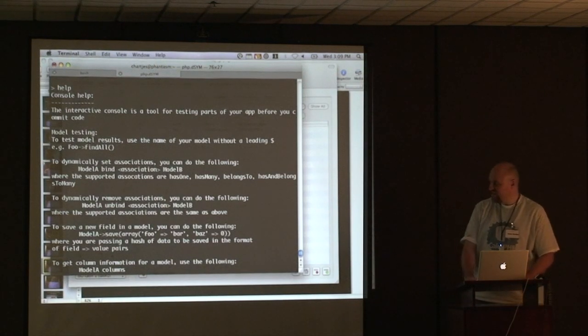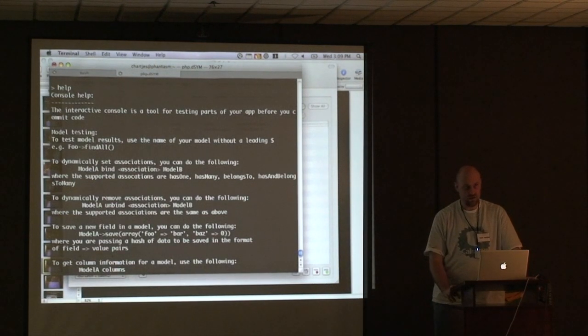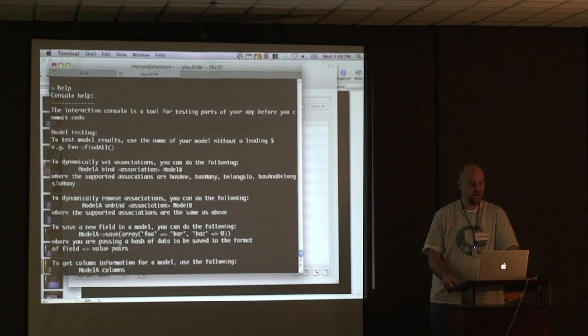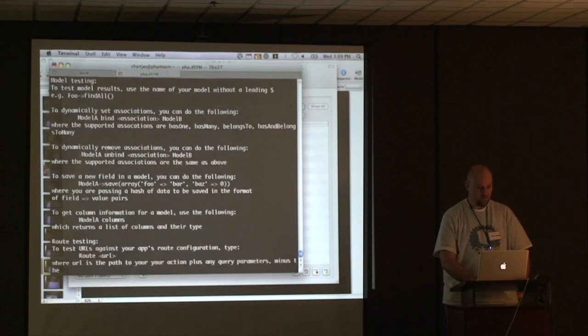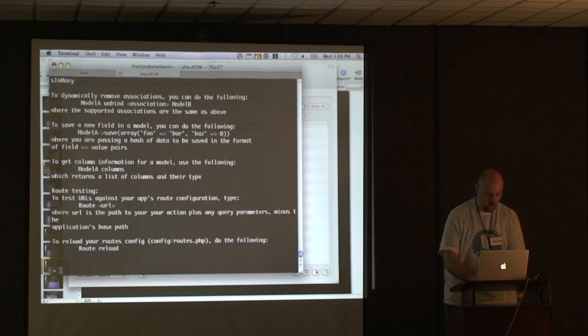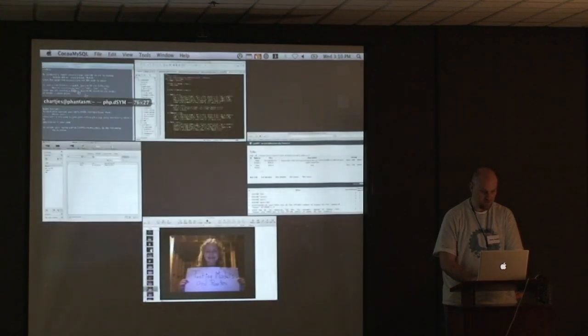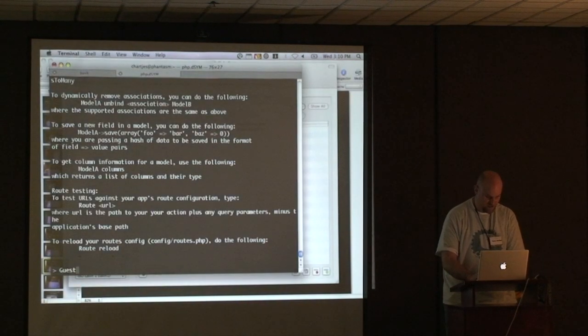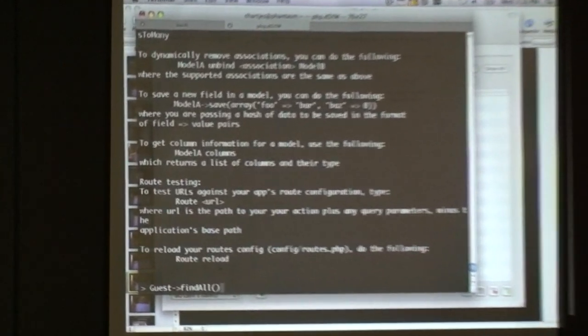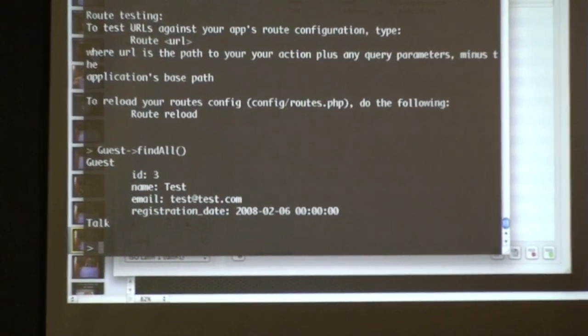So basically what I did is I created a task, and in that task I created a mini DSL where I limit people to a certain number of activities. The good thing is that you can pretty much use any of the methods available to a model to test things, by just using the model name without a leading $ sign and then the method. For example, I added a record to the guest table, so I can go guest, find all, and then it'll display a nicely formatted